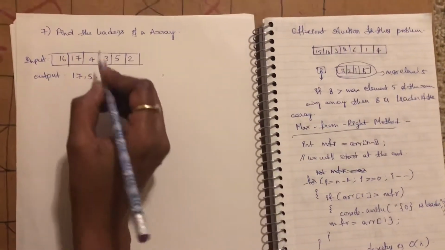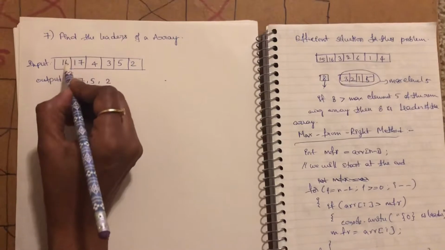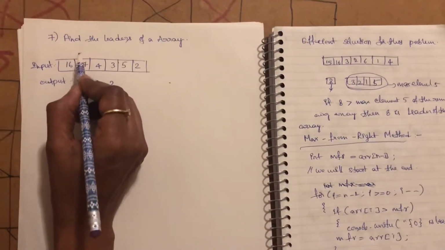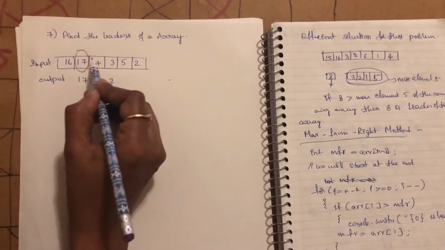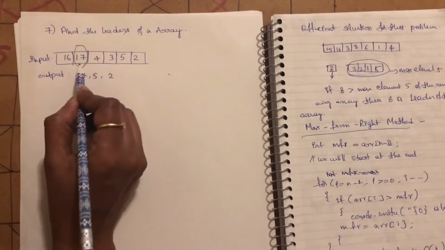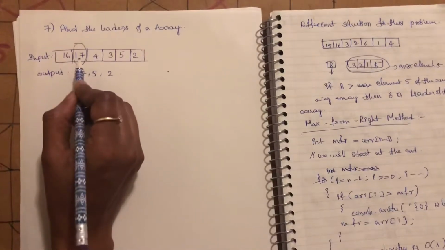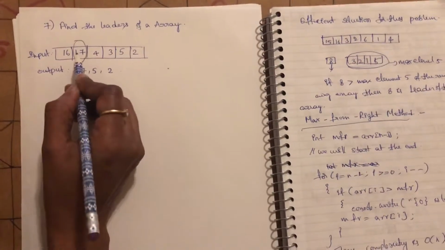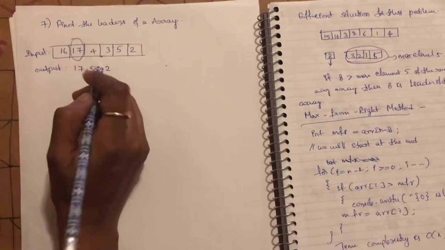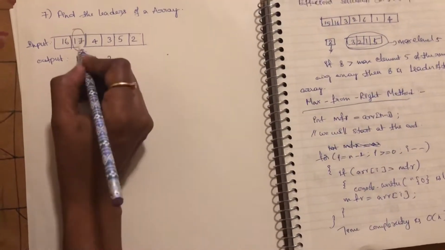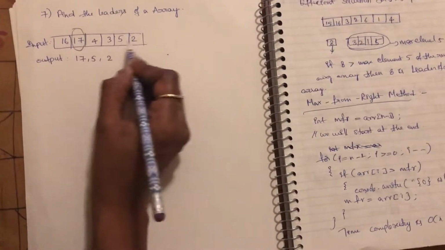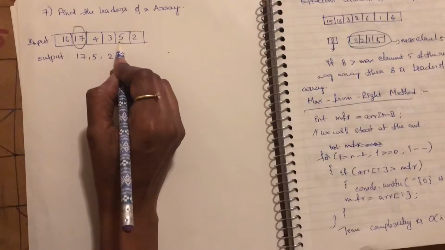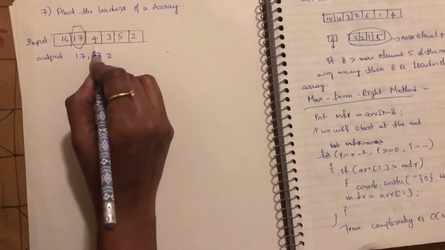Let's take for example 17. If all the elements on the right side of this 17 are less than this element, I mean it is greater than all the elements that come to the right of it, then we call 17 a leader. And by traversing this we can see